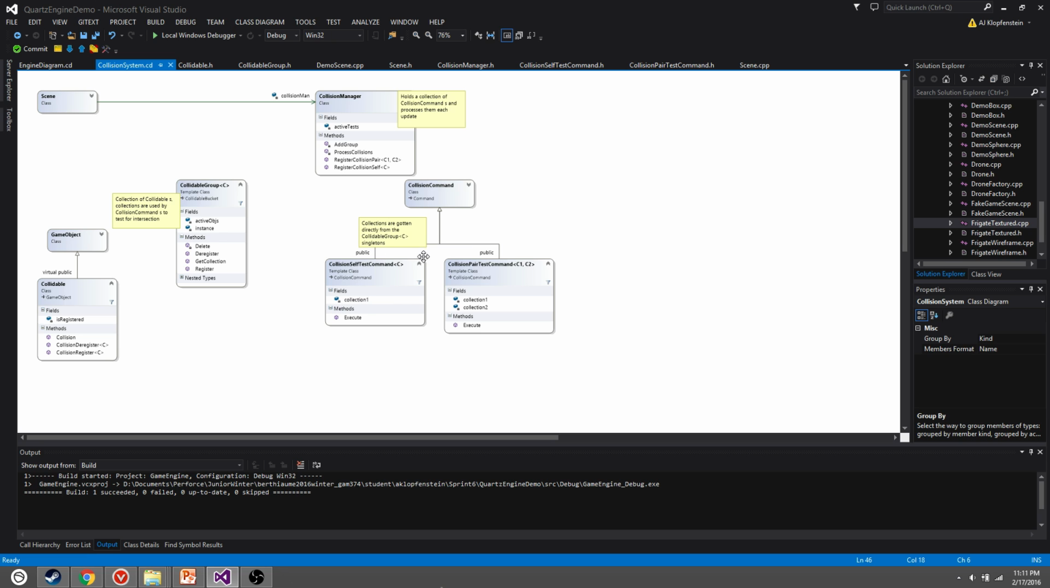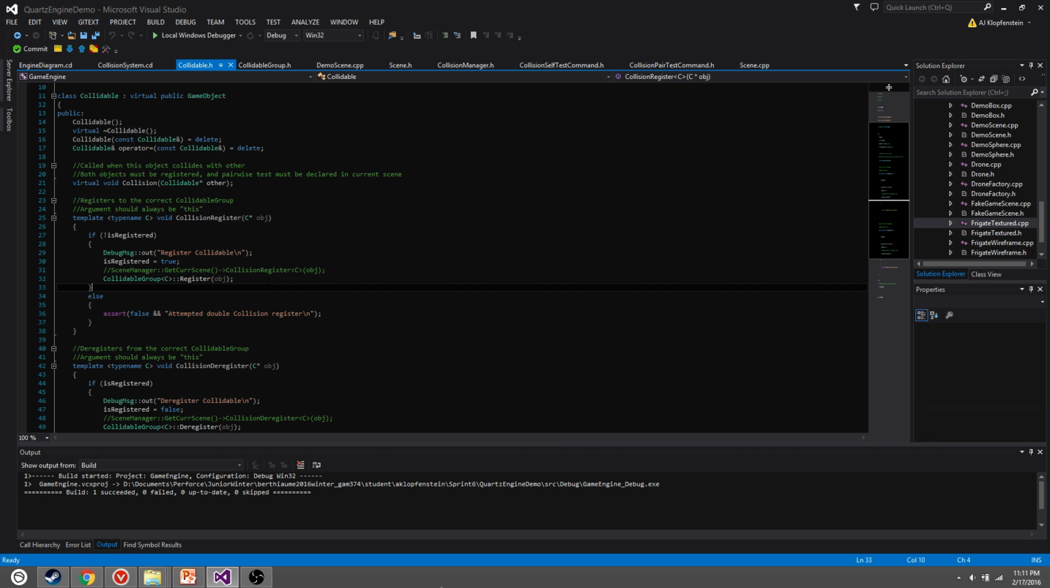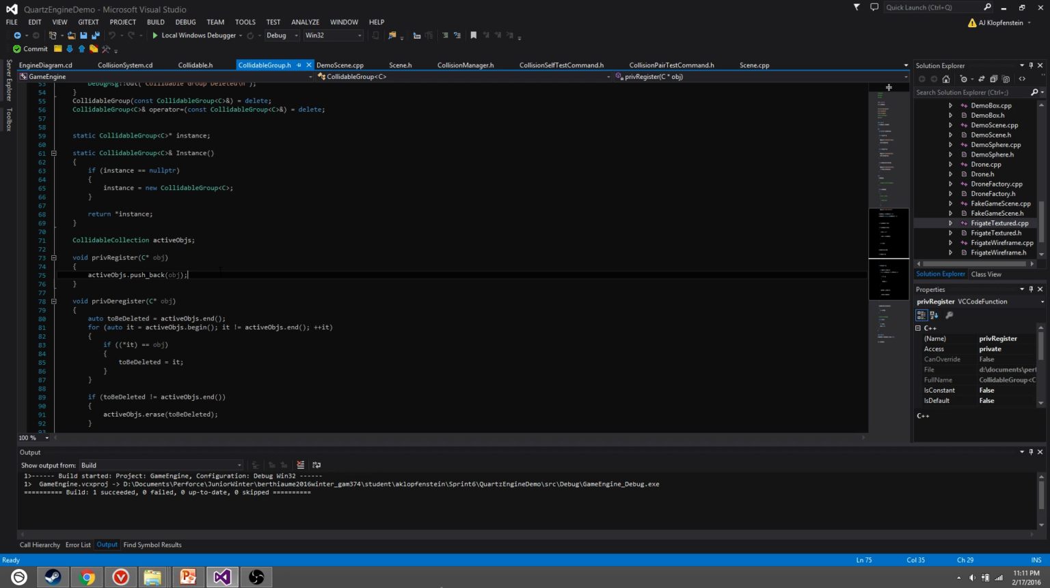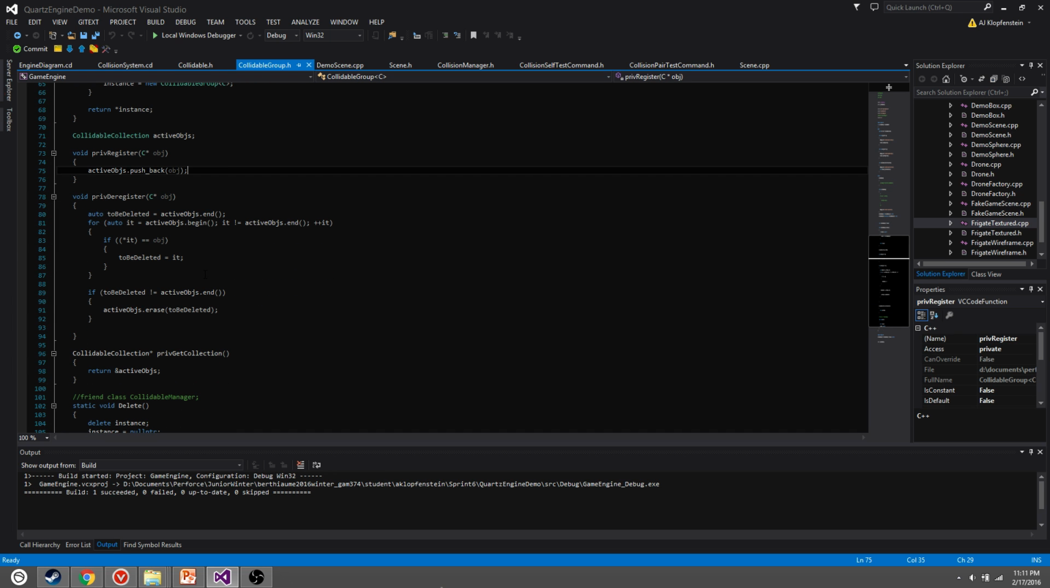And then the test commands get the collections directly from the singletons, and every collidable game object registers themselves to a singleton. So here on collision register, pass in your type. It registers to the group of that same type here. Right here, it just pushes it to the back of the list. Deregister is similar, it just removes yourself from the list, and get collection returns the pointer of the list that